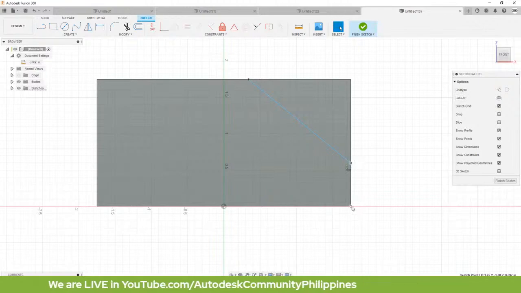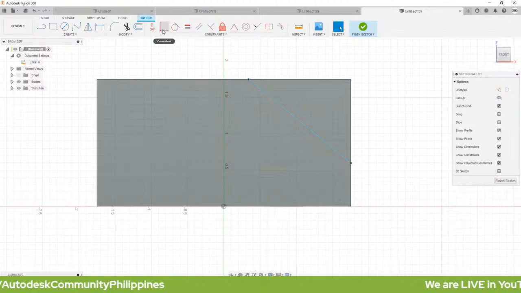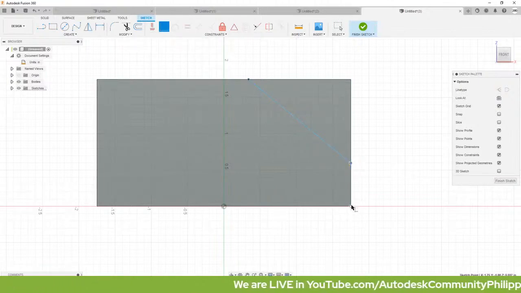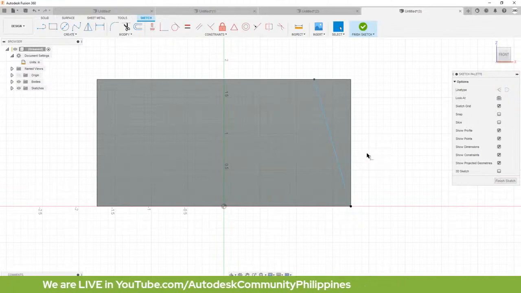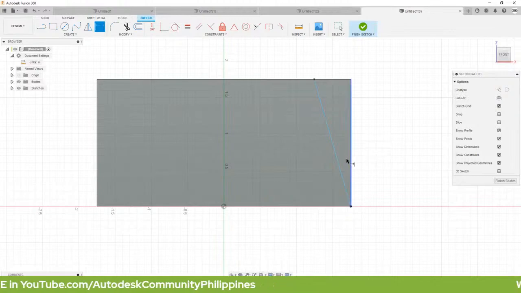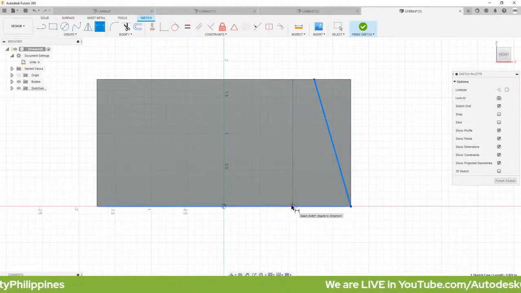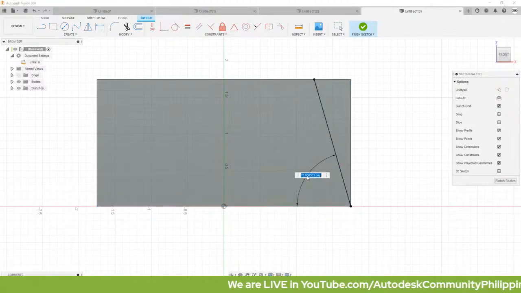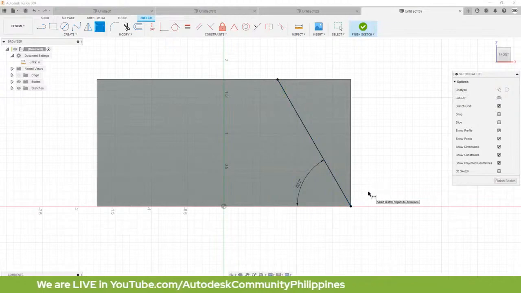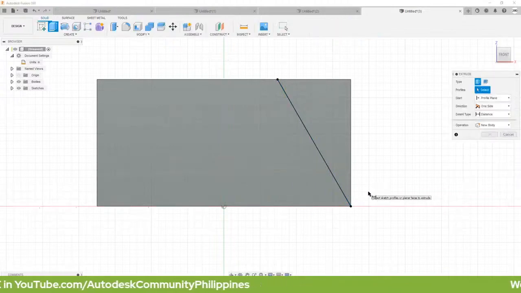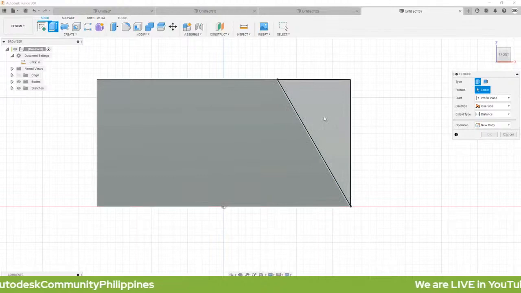I want this point and this point to be coincident. Head up to Constraints, selecting Coincident, selecting this endpoint and this endpoint, hitting Escape. Now let's hit D on our keyboard, selecting this diagonal line and this horizontal line, angle to be 60. Now, we're going to hit E for extrude, selecting this face,